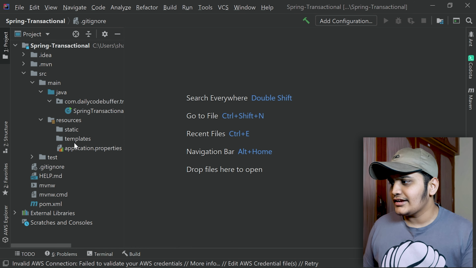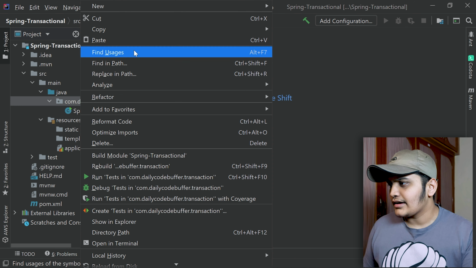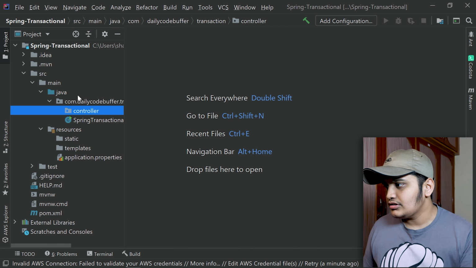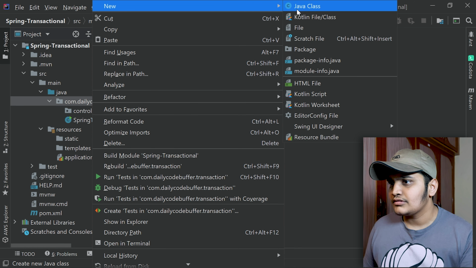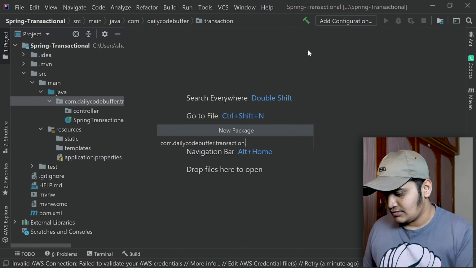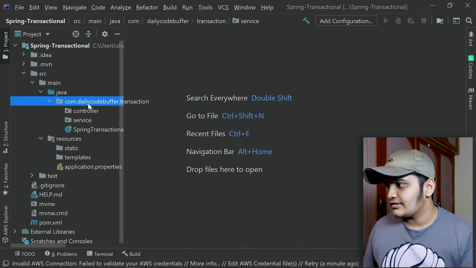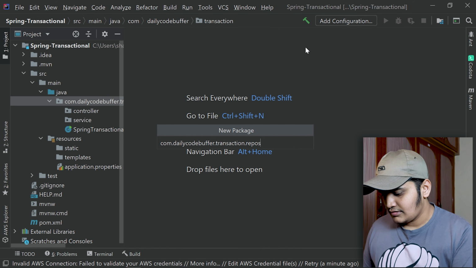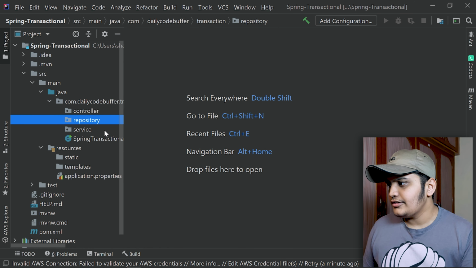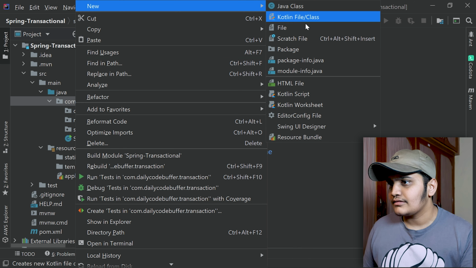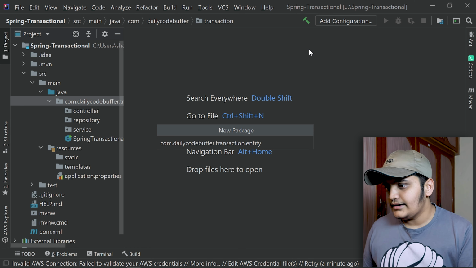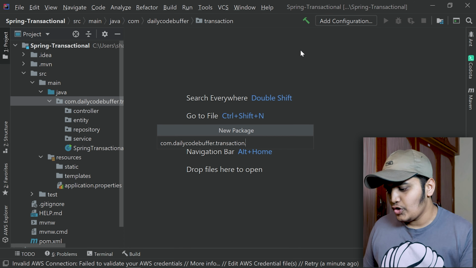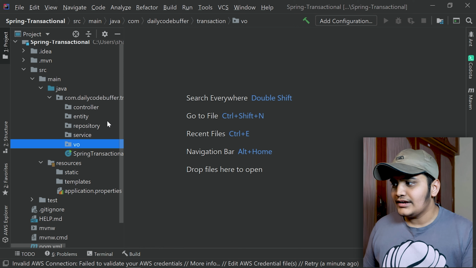So let's create the packages first: controller, service, repository, entity, and I'll also create the view package for value objects.